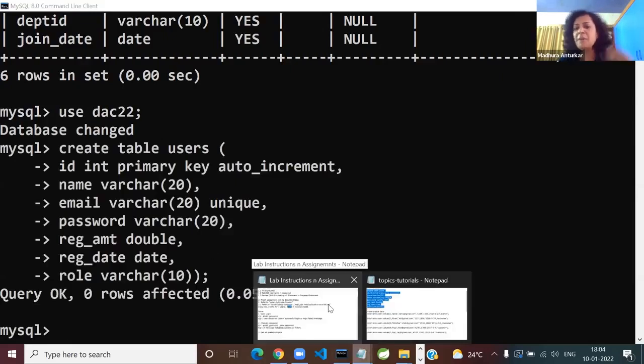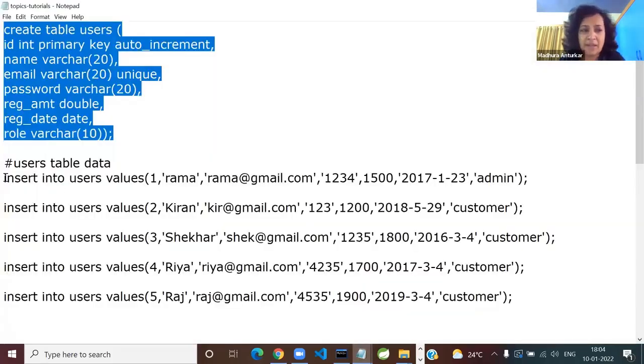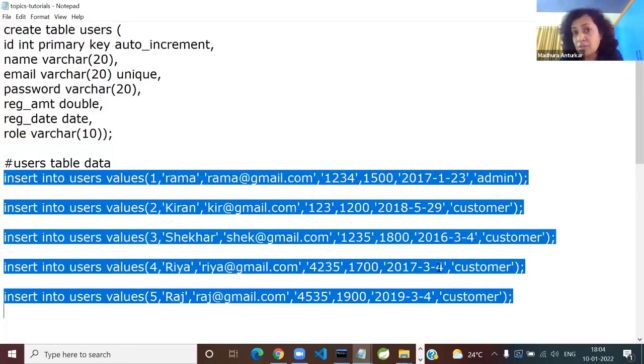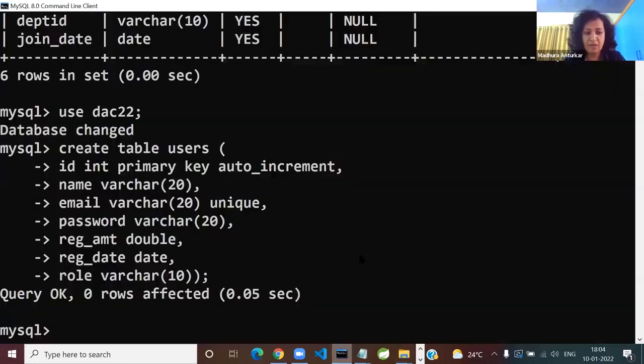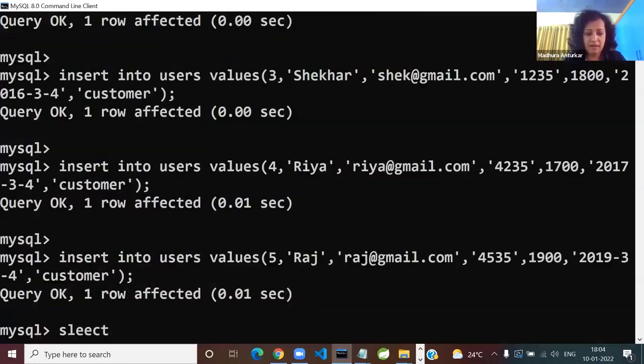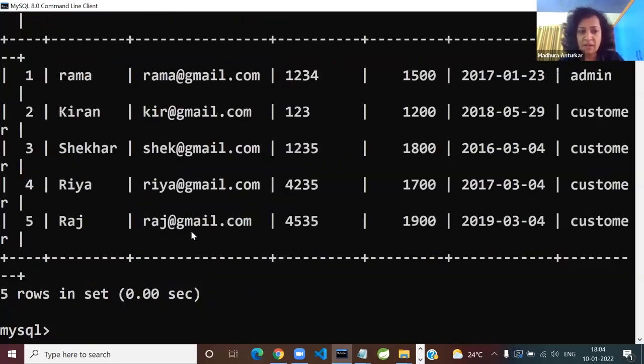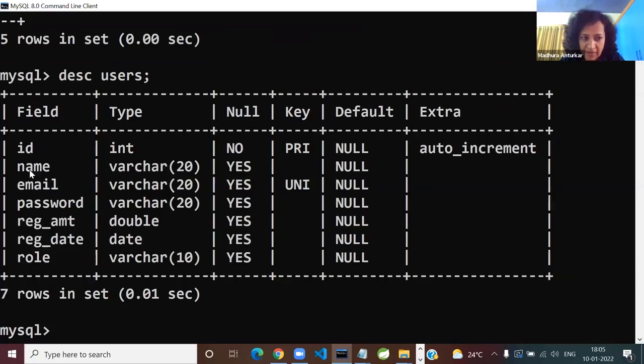You can do it with your MySQL Workbench anywhere. I've just given you some sample data as always to make your startup easy. And as you can see, you will have two roles, admin and customer. Currently, we are solving it under the customer role. Paste it, please. And just see whether you got some users there. Select star from users. And you can see, yeah, I got this. And if you say describe users, you have ID, name, email, unique constraint and all that. And the role, which is, of course, a customer or admin. Done so far? Copied users table?